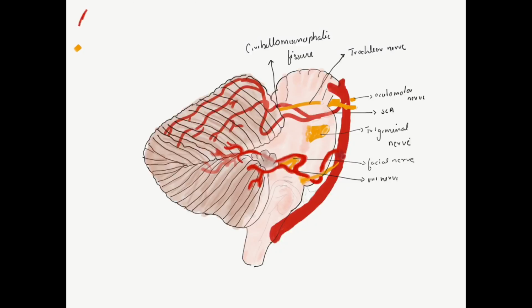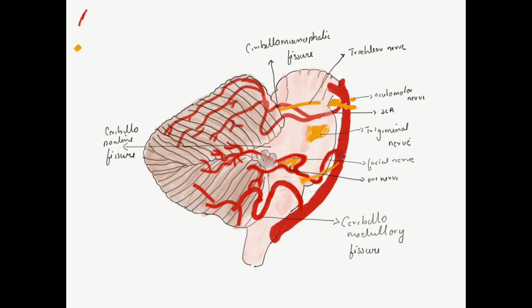Then we have the posterior inferior cerebellar artery, which is related to the cerebellomedullary fissure. This is the cerebellomedullary fissure, and the posterior inferior cerebellar artery arises in the region of inferior fovea, and it can pass rostral or caudal to the 12th nerve, and passes through the fibers of 9th, 10th nerves, and finally enters into the cerebellomedullary fissure and supplies the corresponding structures.